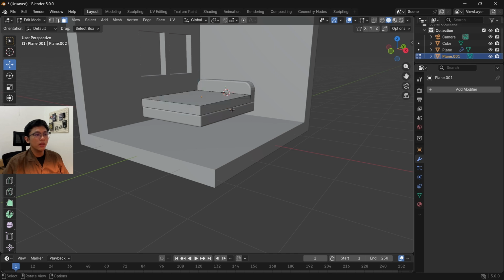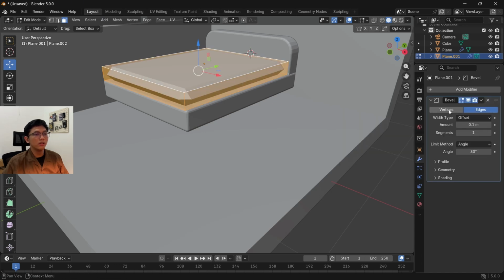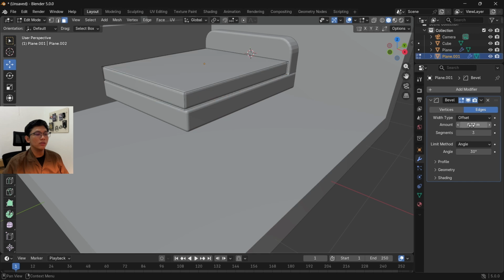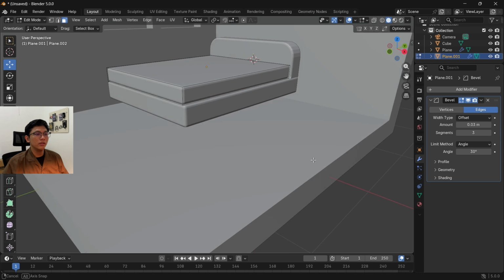The steps are the same. Add modifier, choose bevel, set amount to 0.03 and segments to 3. Okay, like this.